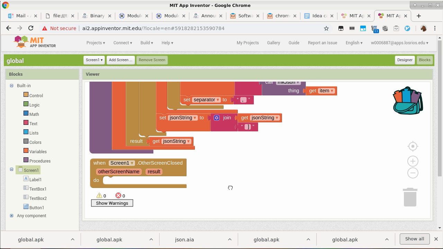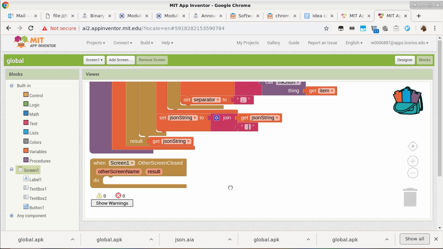Now that is very, very important. So in here, there are two what we call parameters. The first one basically spells out the name of the screen that just got closed, in our case, screen 2. The second one is the result, which in this case is the sum that we have been looking for.